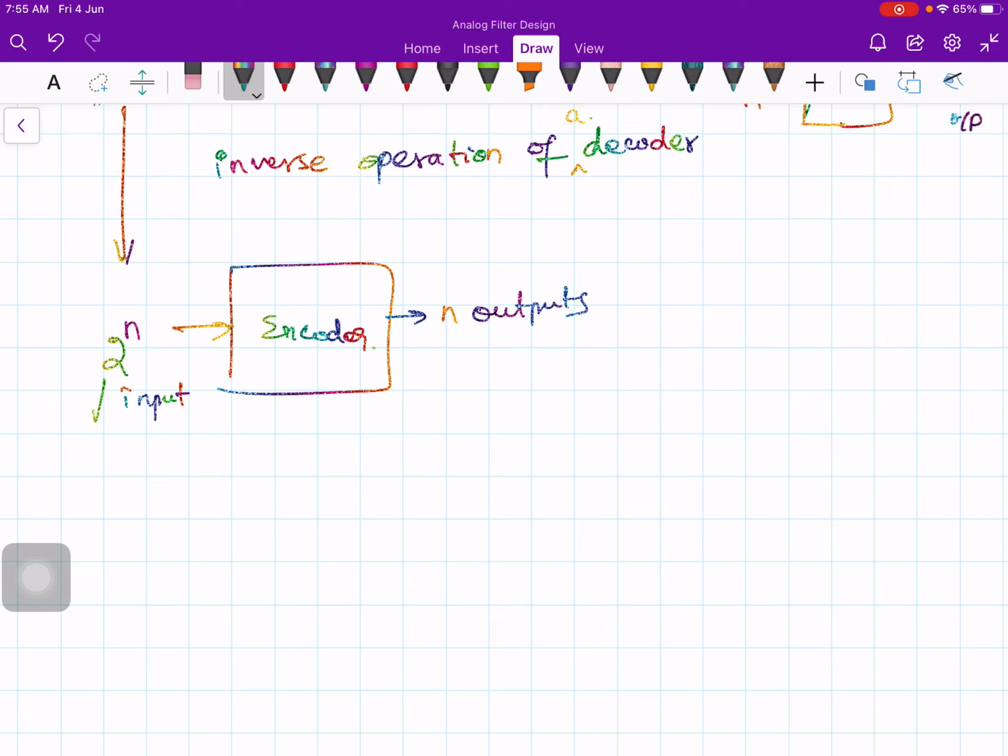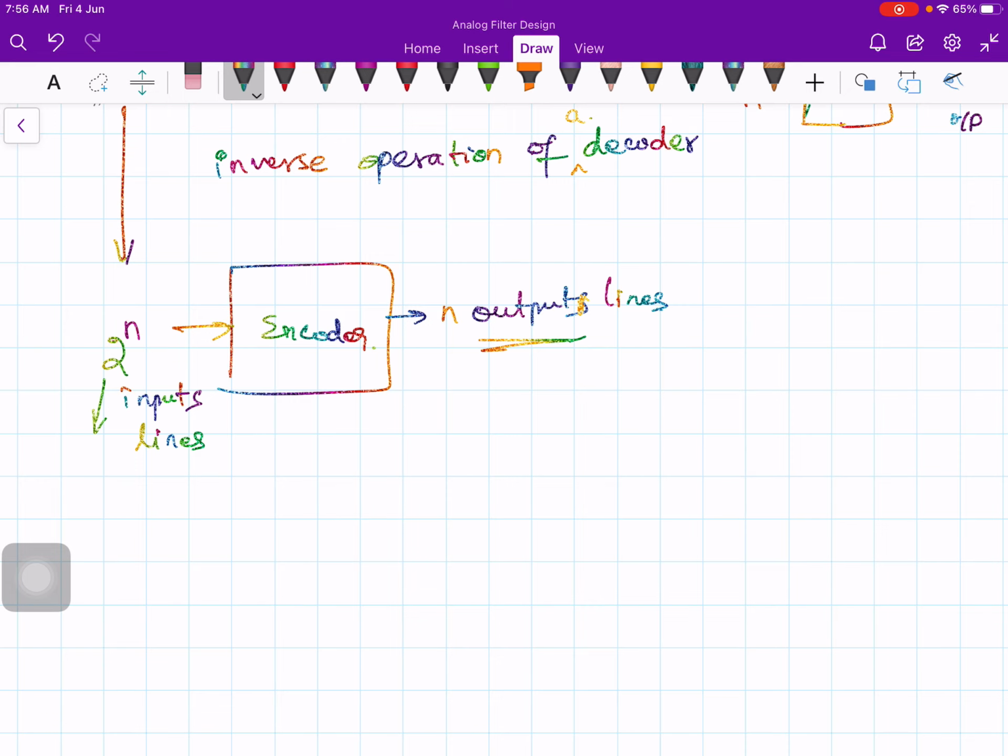Sometimes we may have fewer inputs also; not necessarily should one have 2 power n inputs. So we have 2 power n input lines and n output lines. This is my basic representation of an encoder.